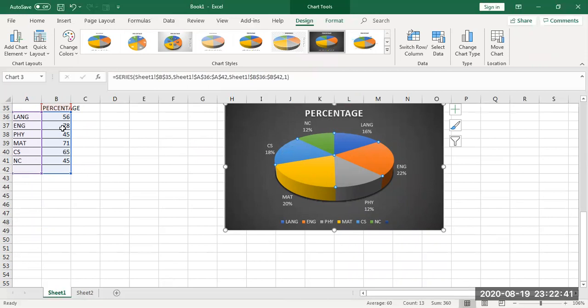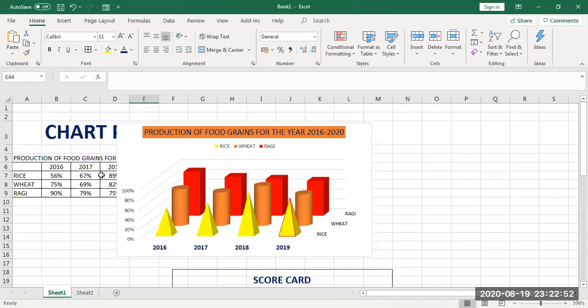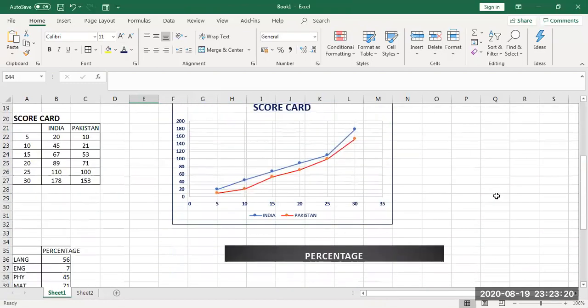In case I reduce some value, I change this to 7, the value also changes accordingly. Can you see that only 2% has been taken for this one. So this is how we can use Excel for chart preparation. The speciality is that for the values you give, the chart will be prepared, and these kinds of charts will be very useful when we do any analysis study or comparison of anything. When you go to a higher level, like MSc projects and all, you need to prepare a chart and explain the comparison. At that time, this kind of chart analysis will be very helpful for you.